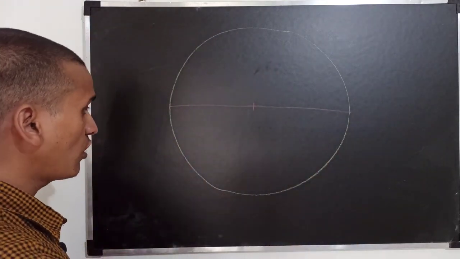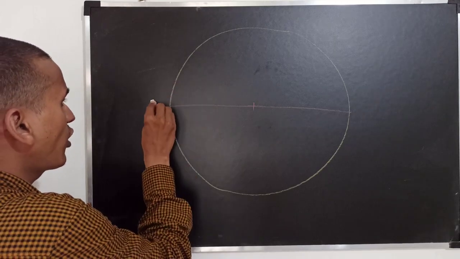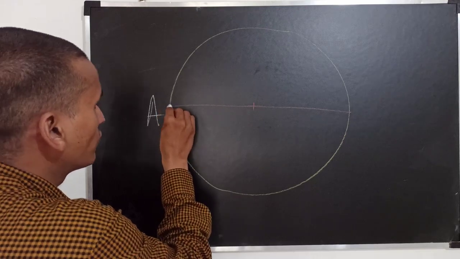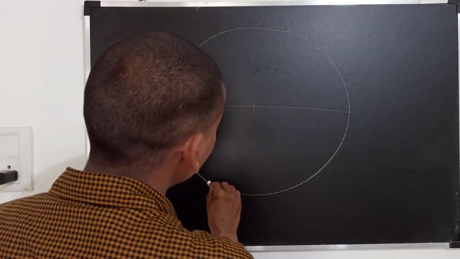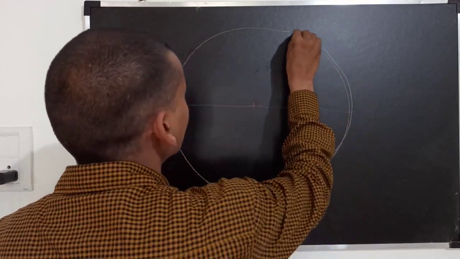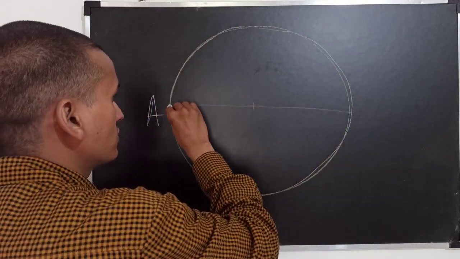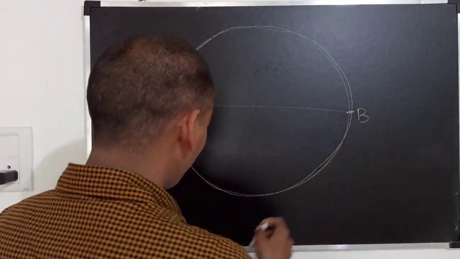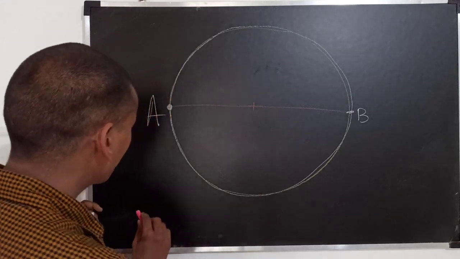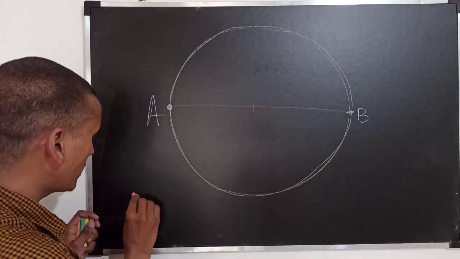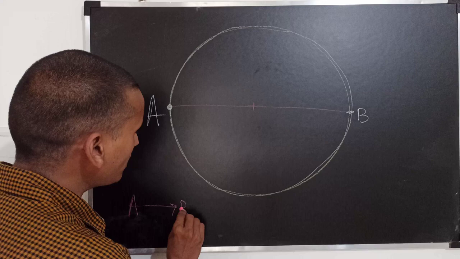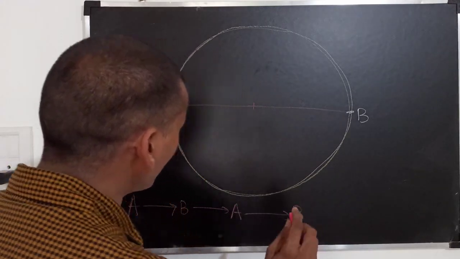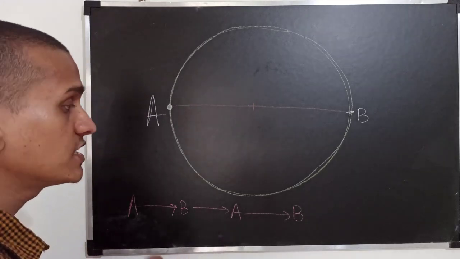Now the person or an object A starts motion from this position. It goes towards like this on the circumference of the circle, travels like this and comes to this position, or again it goes like this and comes to this position. So this is the B position. Now object A travels from A to position B and B to A and A to B. Now here we are required to find the distance and the displacement.